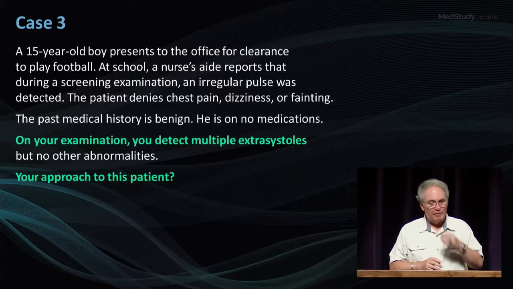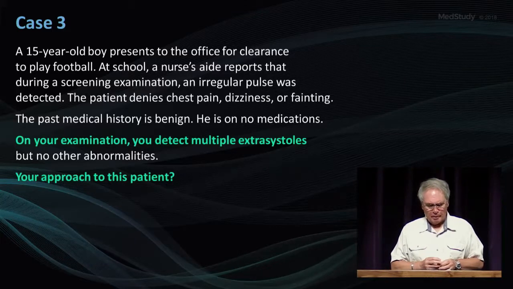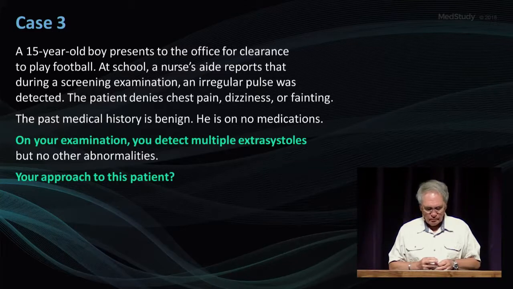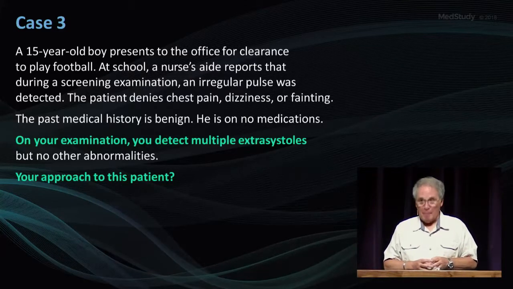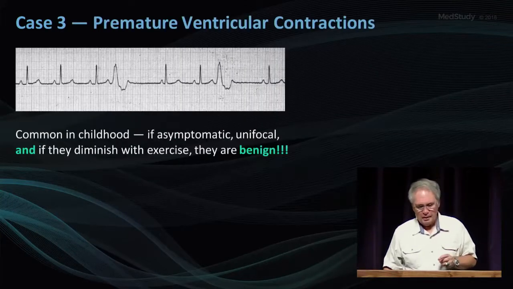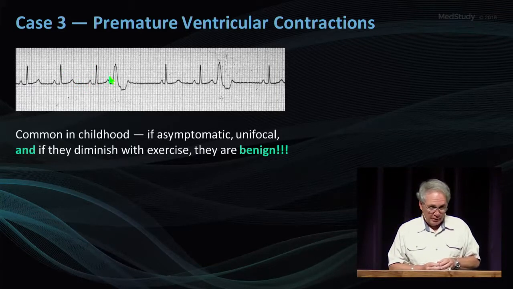Okay, let's continue. A 15-year-old boy comes to the office for clearance to play football. On your exam, you detect multiple extra heartbeats, but no other abnormalities. The kid's asymptomatic, no murmurs, no symptoms. With your approach to this patient, you might get an electrocardiogram, and this is what you're going to see. Again, don't start here. It'll make you nuts, I'm telling you. Start where it looks most normal and say to yourself, PQRST, PQRST, oops, an early beat, an extra beat,